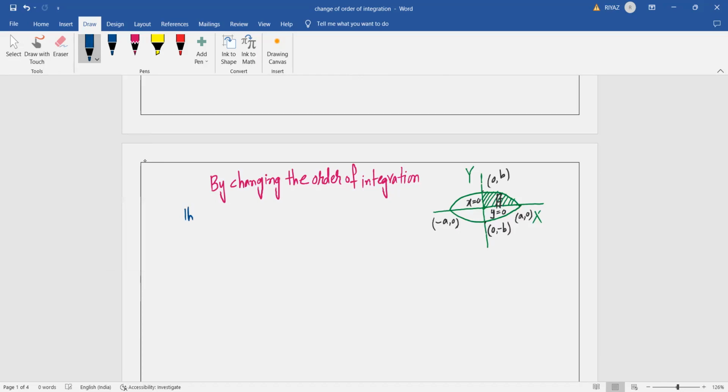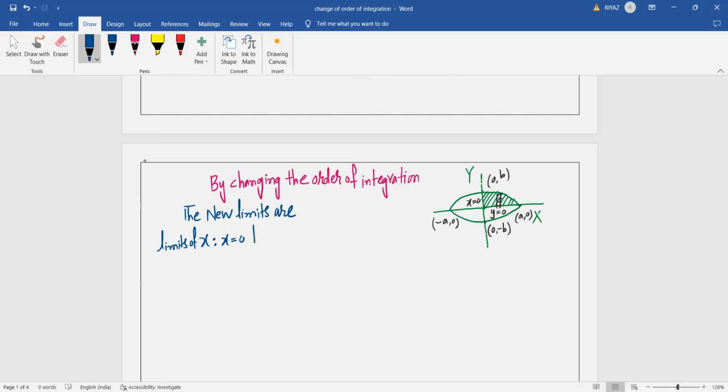The new limits are. The new limits are. So before that, x varies. Limits of x. X is equal to 0 to